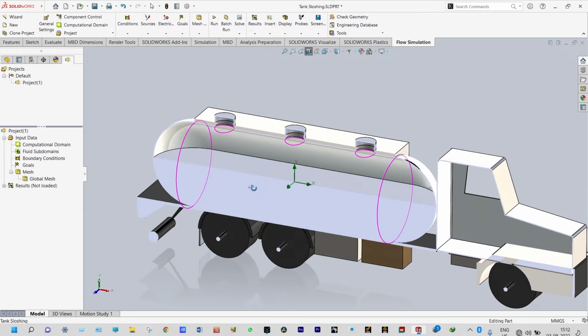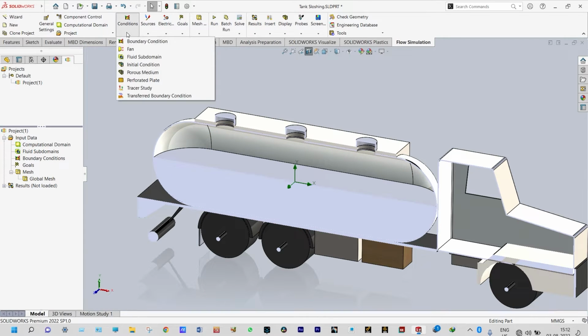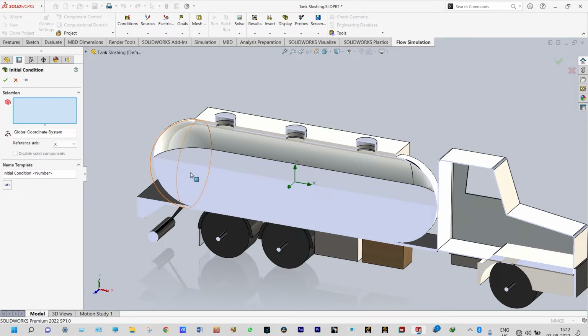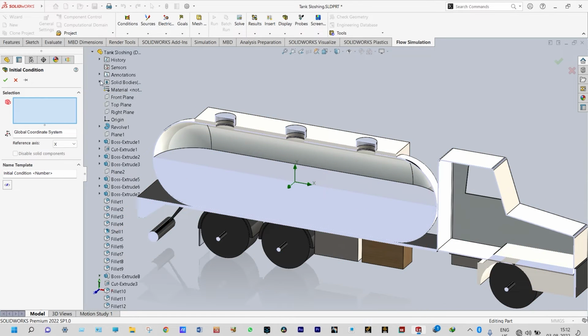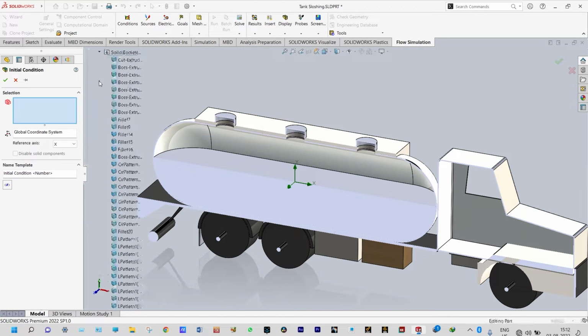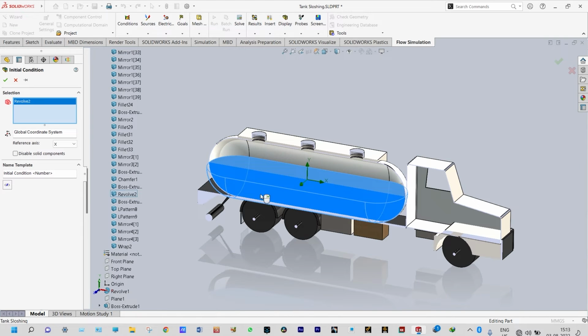Now first of all, we can see the bottom part of this tanker is filled up with oil or propane. So while modeling this one, we have kept this as solid. Now from initial conditions, this solid is to be disabled and converted to oil. That can be done from initial conditions. So starting with conditions and initial condition, let us select that solid component inside this tanker. That can be selected from the geometry itself. It is a solid component. Let us select it from here,